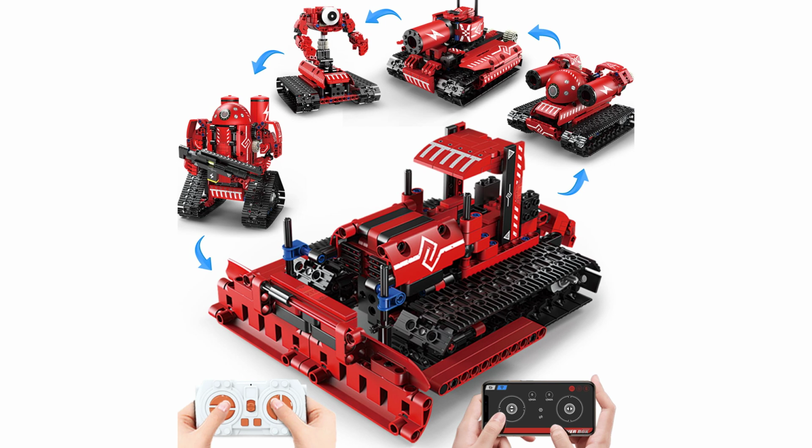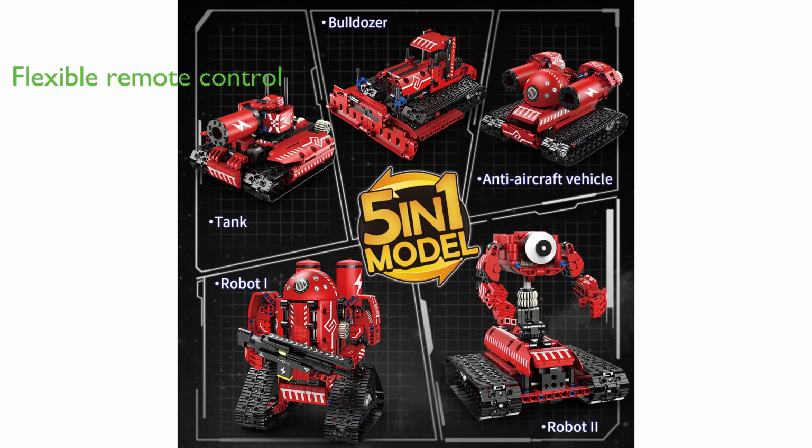A remarkable feature of this building set is its flexible remote control design, allowing for movement in all directions, including left, right, front, back, and executing 360-degree rotation stunts, whether on smooth indoor or outdoor surfaces, with a remote control